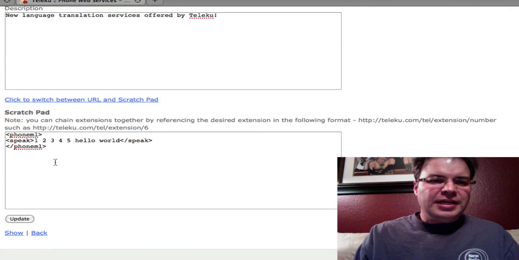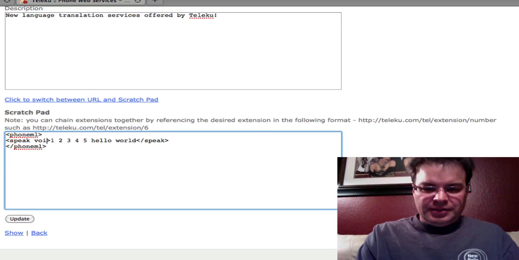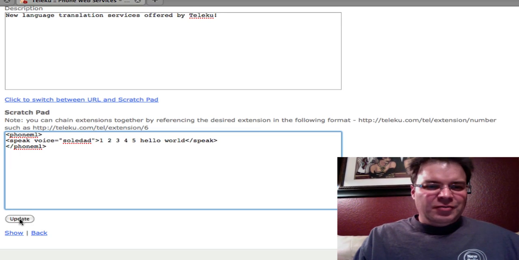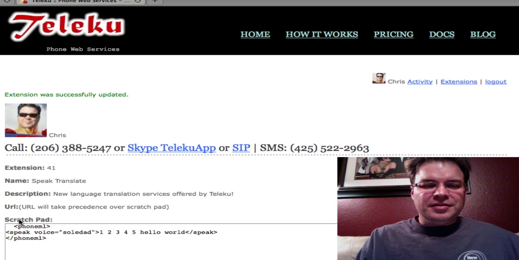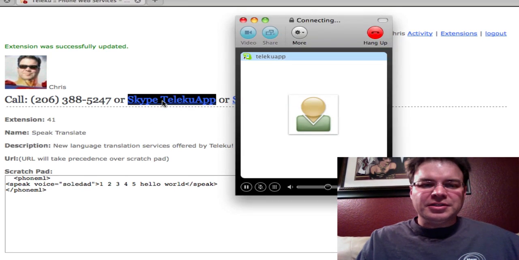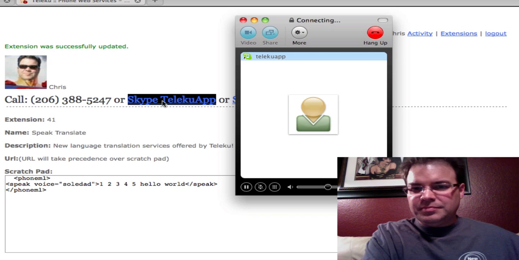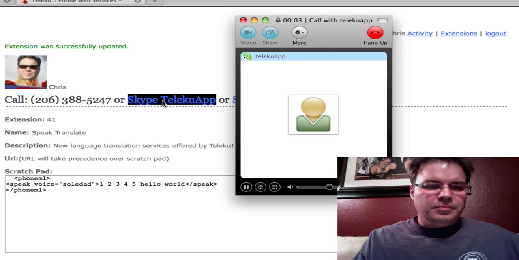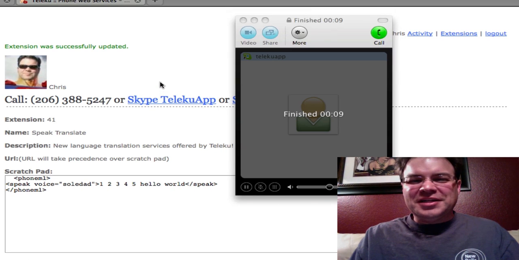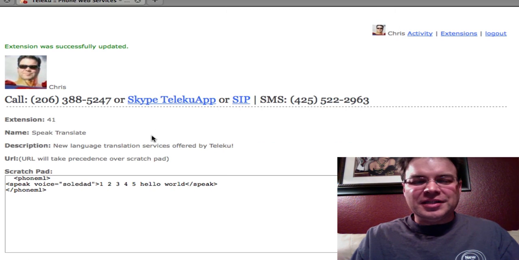So now let's edit this scratch pad and we're going to add voice equals Soledad. And what we'll see is she'll speak the numbers in Spanish and then she'll just read hello world, so she won't know how to translate that. Uno, dos, tres, cuatro, cinco, hello world. So she did a good attempt at trying to say hello world in English,